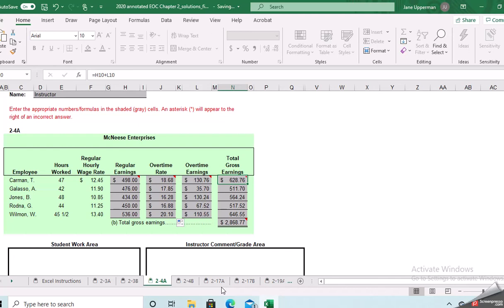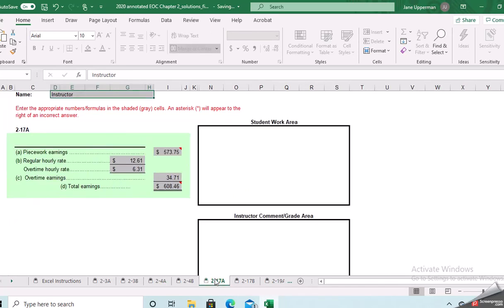Yes, actually it is that one. So 217, 217A. So then we'll go over here. 217A is piecework earnings. So the instructions say during the first week in November, Aaron Mills worked 45.5 hours and produced